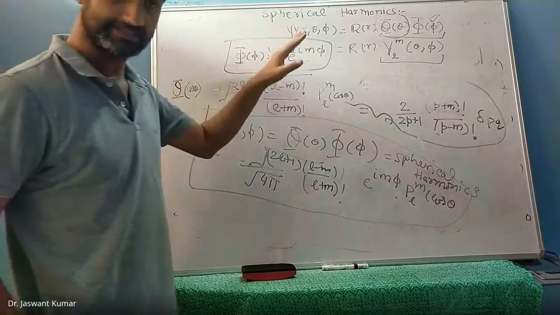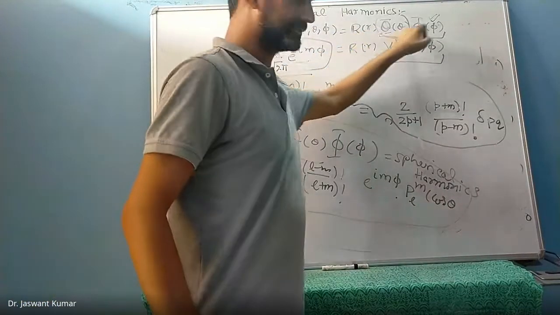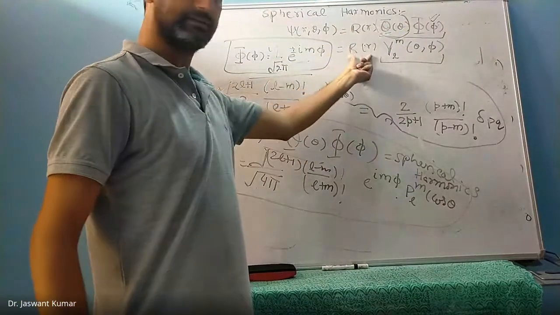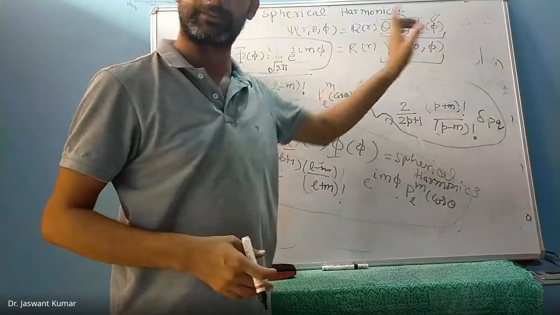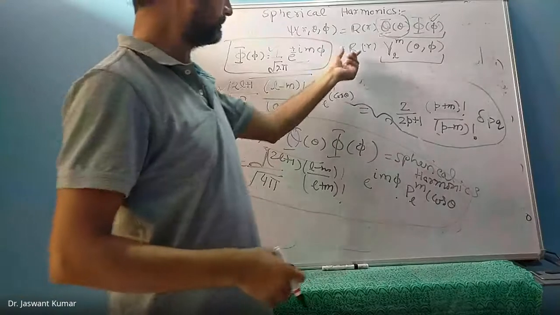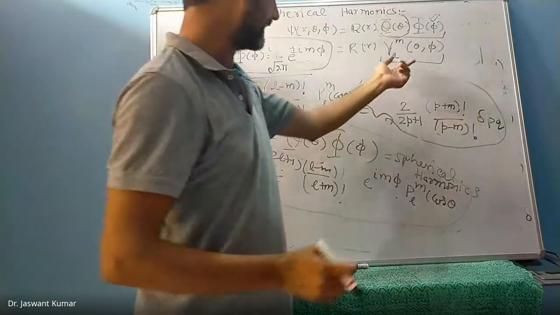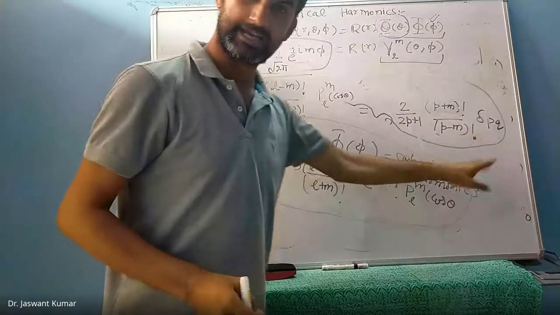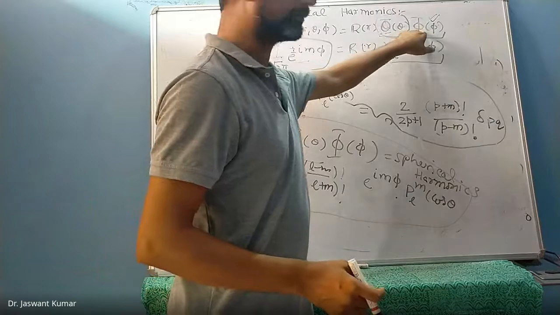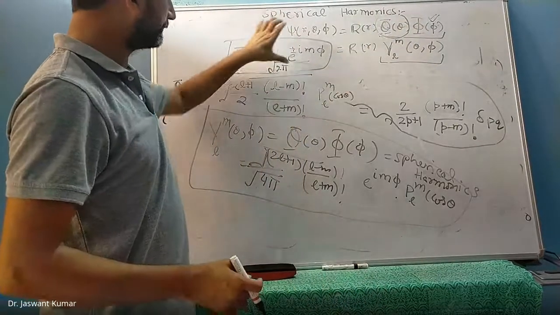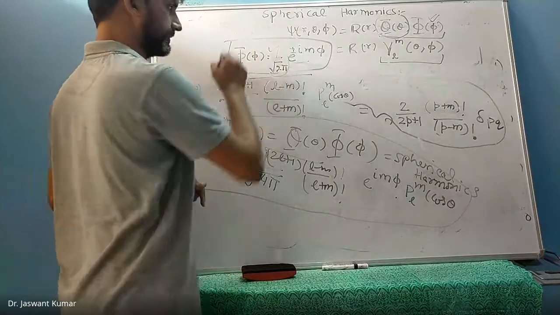I just, in the next 30 seconds, repeat. Psi r theta phi, being a function of r, theta and phi, can be separated into two parts. This is the separation of variable problem. One part is the radial part, the another part is the azimuthal part. That part is known as spherical harmonic. The contribution in that part comes from capital phi of phi, but capital phi of phi we know is equal to this after proper normalization. This is the normalization factor.